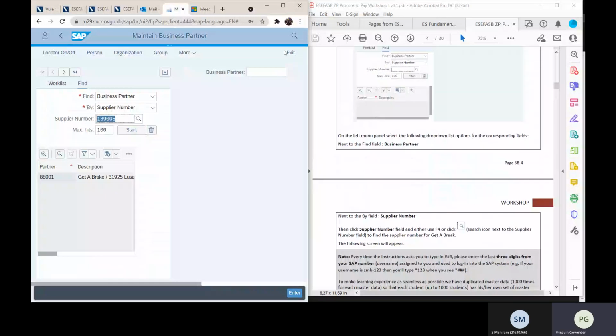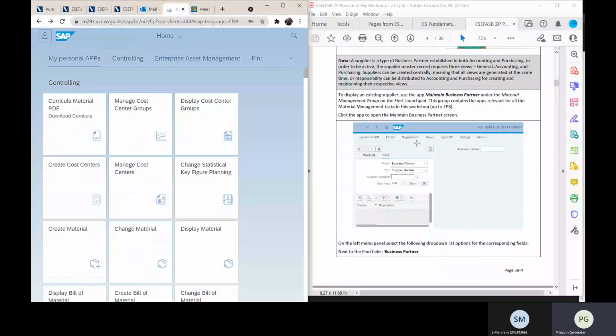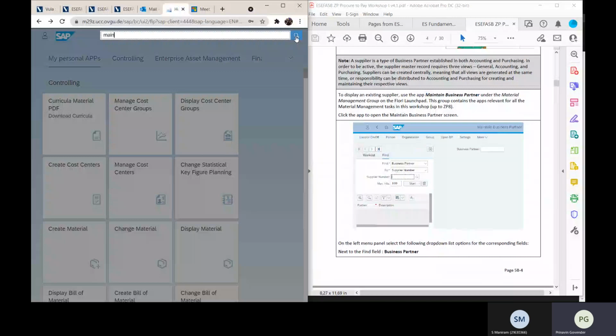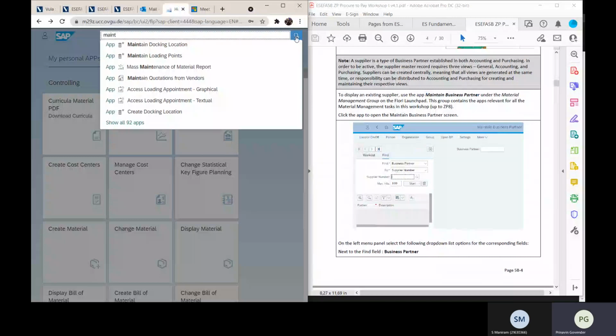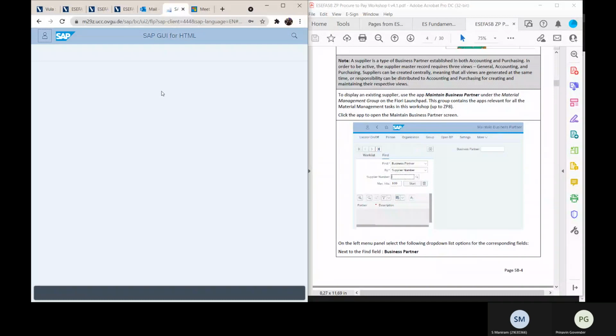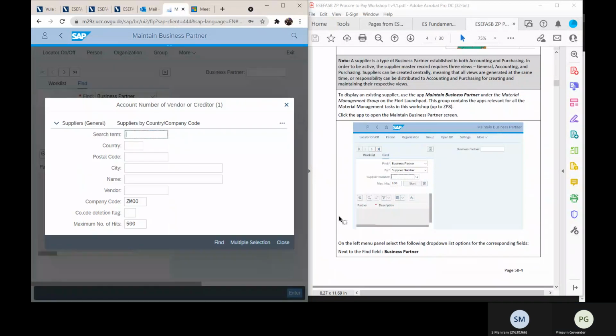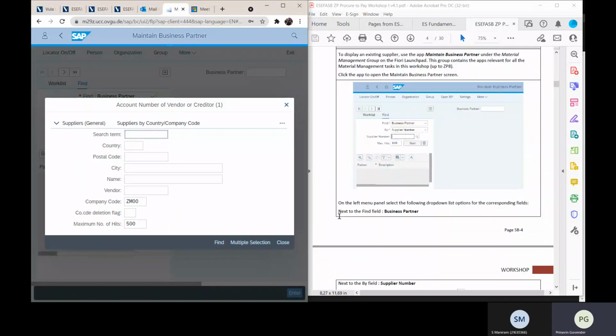Let's do it again, right? Let's exit and do it again. I want you to see this working. We go and search for the app, Maintain Business Partner, right? And then I go to supplier number. I click on my, and it says,